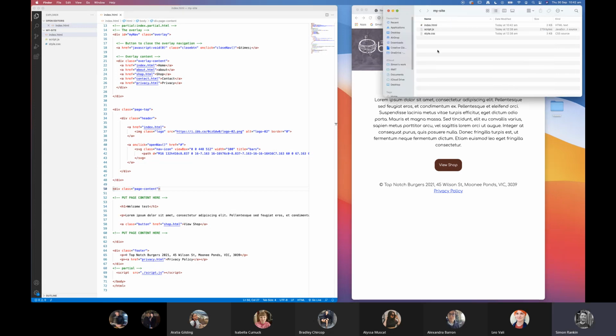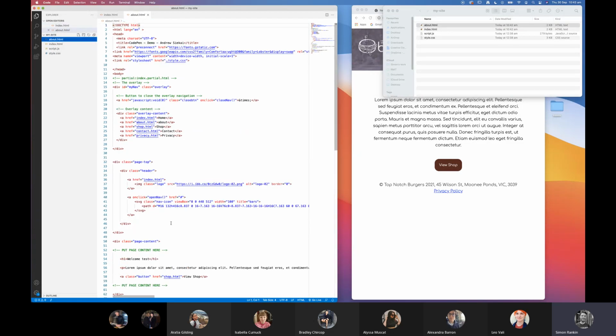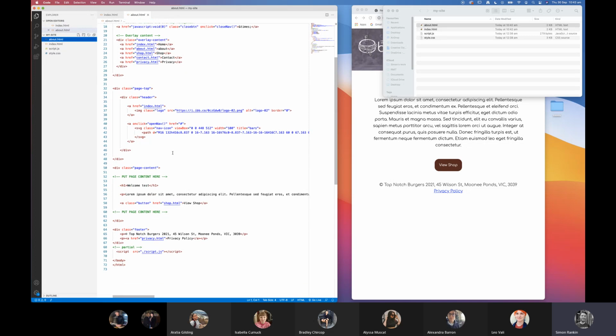All right, let's use index as a template and build another page. So I'm just going to duplicate it there and change the file name to one of the pages that we talked about before, and that's going to be about, and we've already linked to that about page. So if you see over in my navigator here, I've now got a link to the about page. Now I can change the content on my about page. So I'm going to go down here to where my content area is, change the heading to about. I'm going to get rid of that shop button,